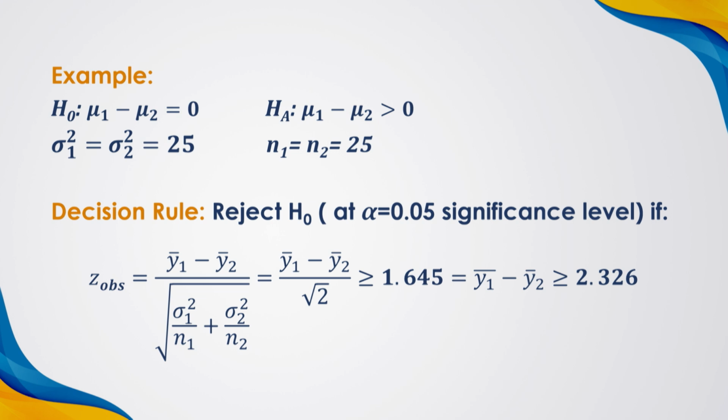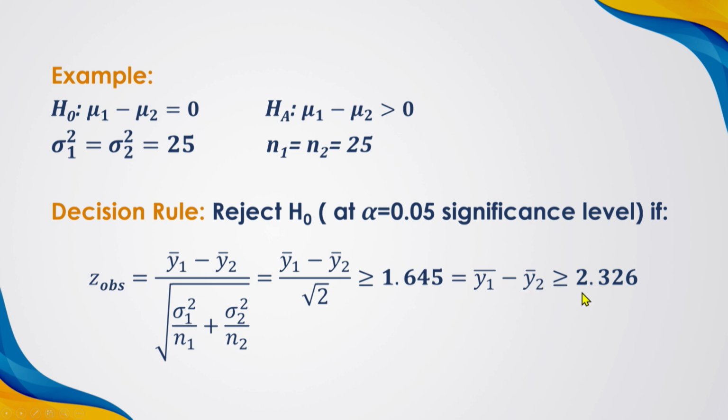Our decision rule is to reject H naught at the level of significance 0.05 if the observed Z value, y1 bar minus y2 bar divided by the square root of sigma 1 square by n1 plus sigma 2 square by n2, which is also y1 bar minus y2 bar divided by the square root of 2, is greater than or equal to 1.645, and also y1 bar minus y2 bar is greater than or equal